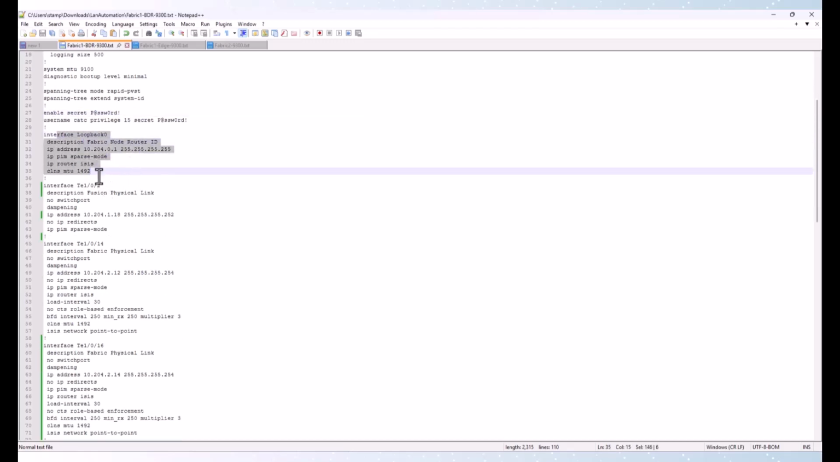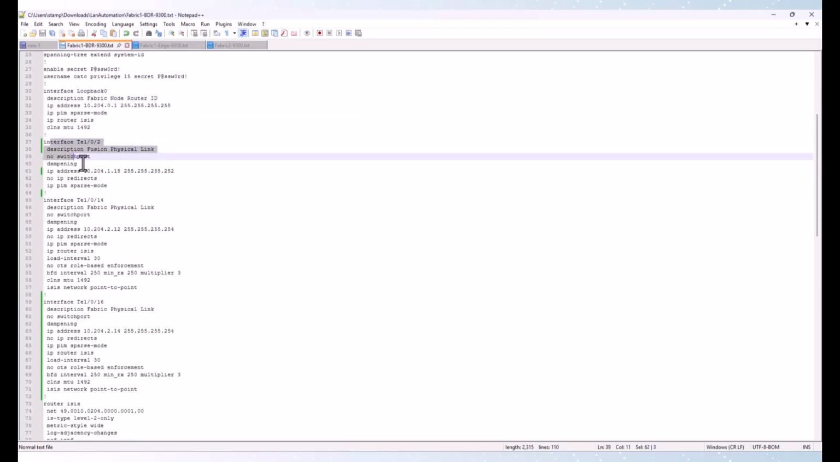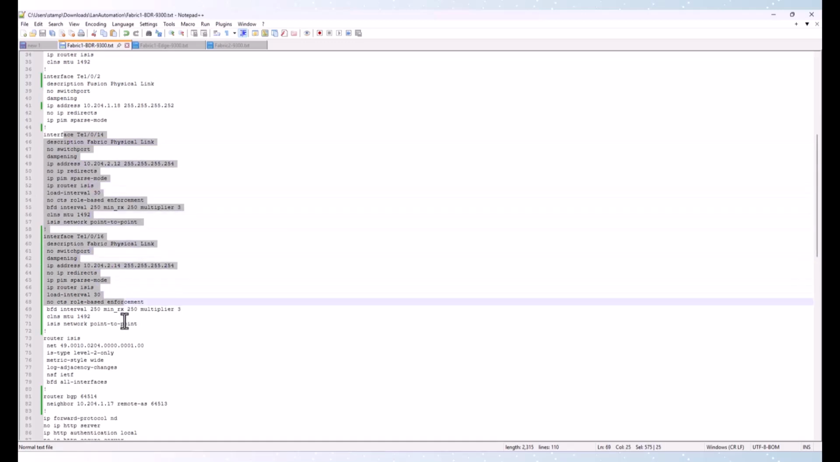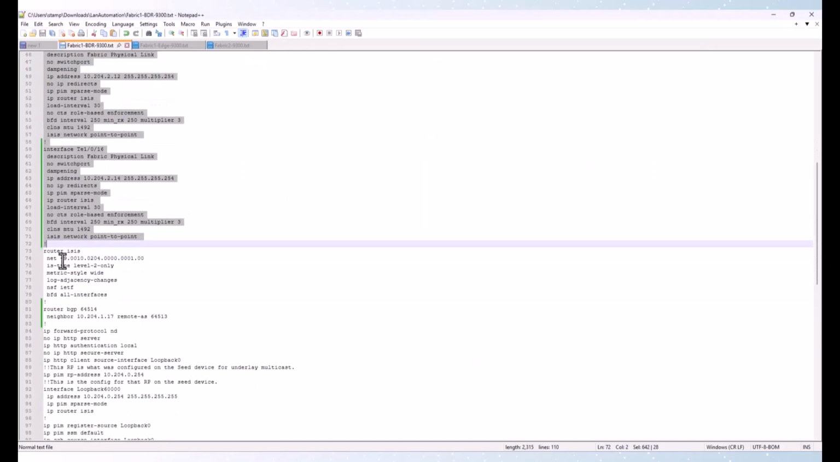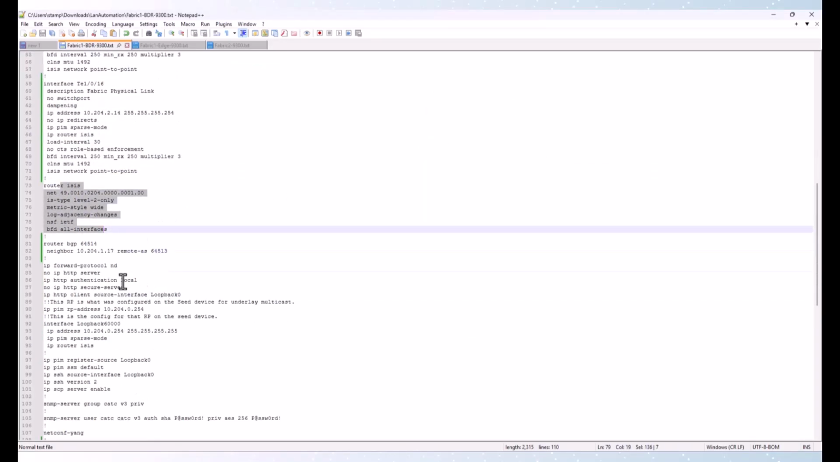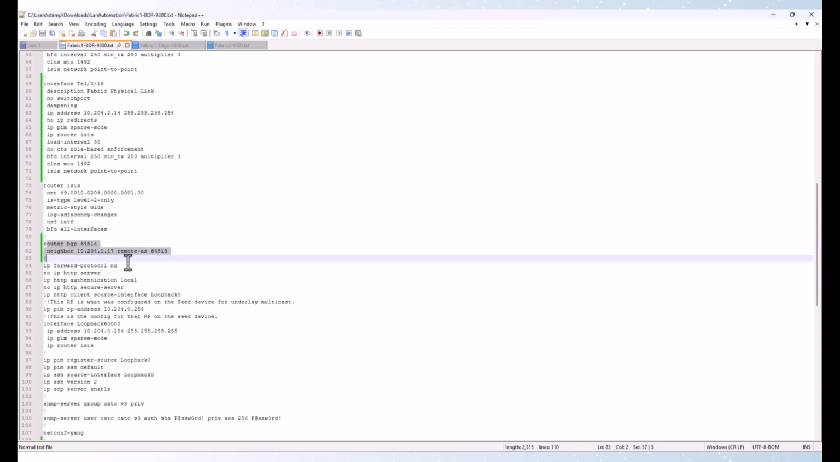I'm creating a loopback. This is that temporary link that I referenced to the fusion. Again, this will go away and it will get replaced and built by Catalyst Center later. These 2 interfaces are the 2 links that will go down to the edge switch here. My IS config, my temporary BGP config up to the